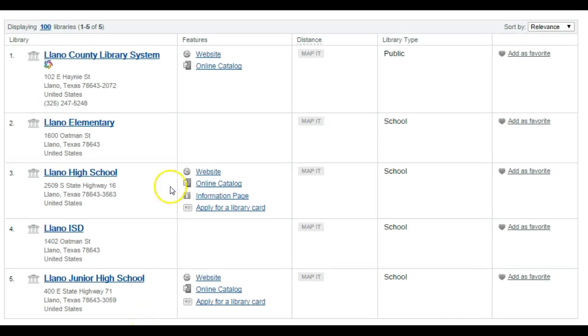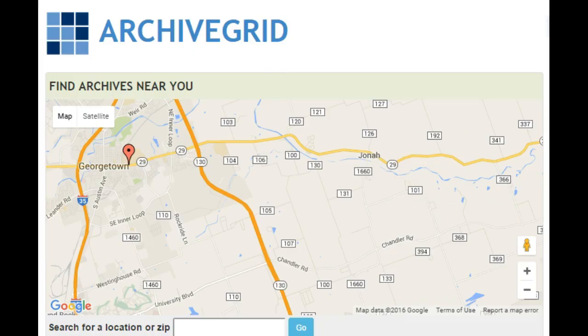I can click on the link to the website to get contact information or links to digitized collections, or click on the link to the catalog to see what is in their collections. So that's a quick look at using WorldCat to find a library, and now let's take a look at ArchiveGrid,